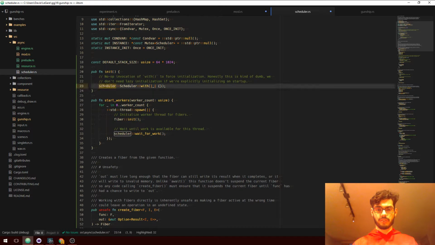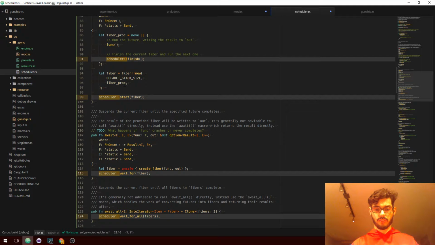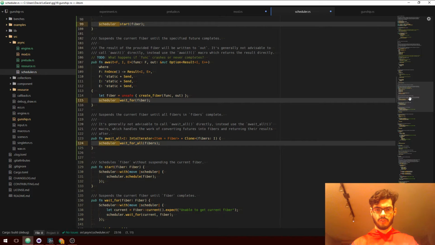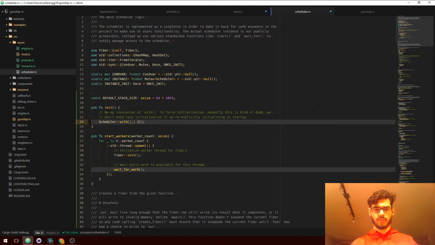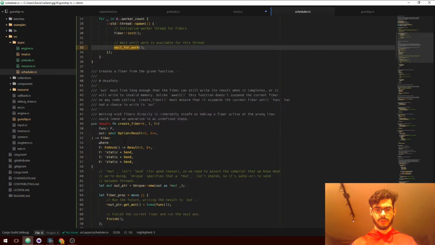So init's gonna talk to scheduler. Scheduler, that's going away. In fact, all the times I reference scheduler. So we got init, we got start workers, which calls wait for work.